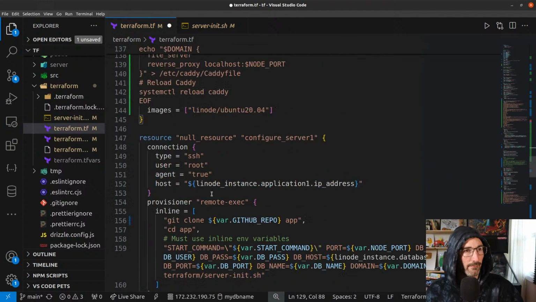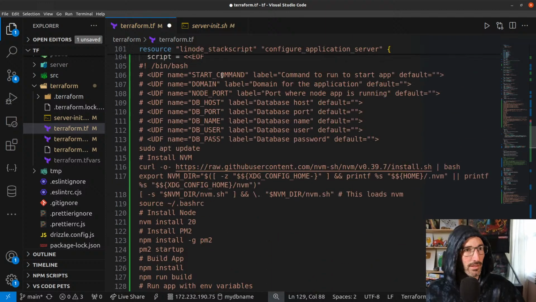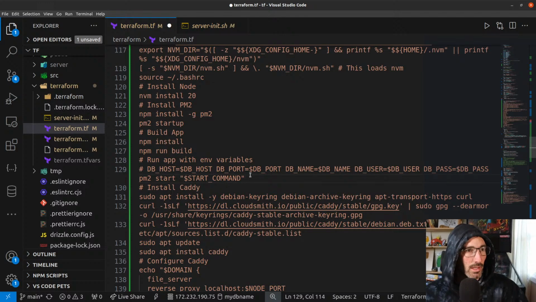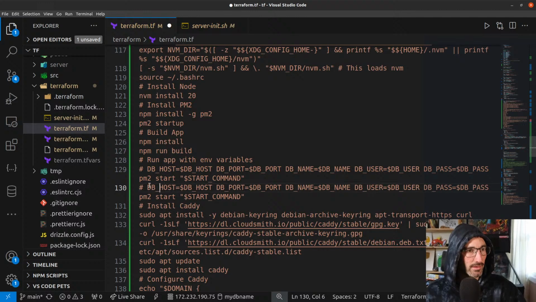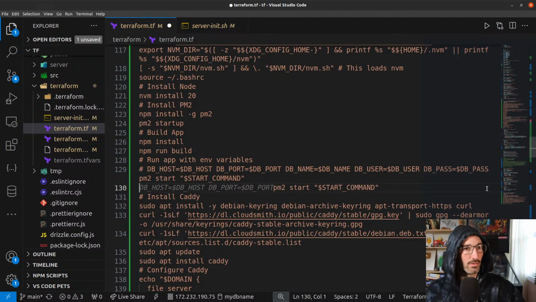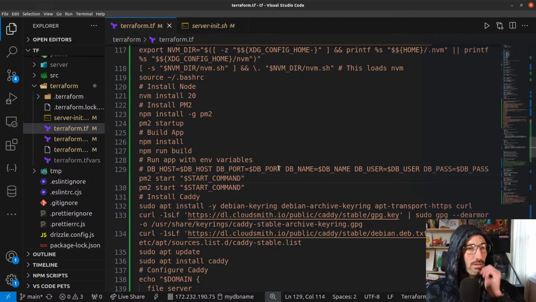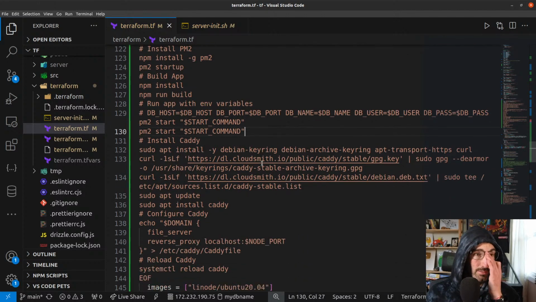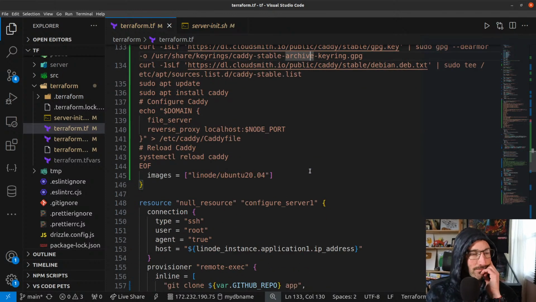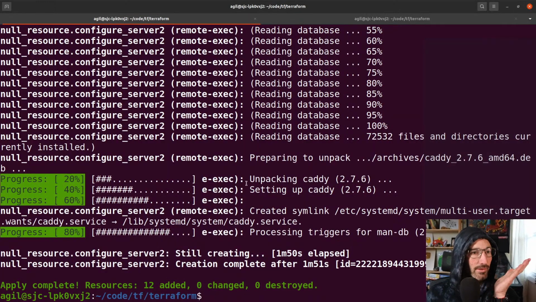Right? How did I set that up? Host port name user password. Great. And what we'll do is copy that and paste it. Let's see how that goes. There you go. That should maybe hopefully work. How's this? Okay,